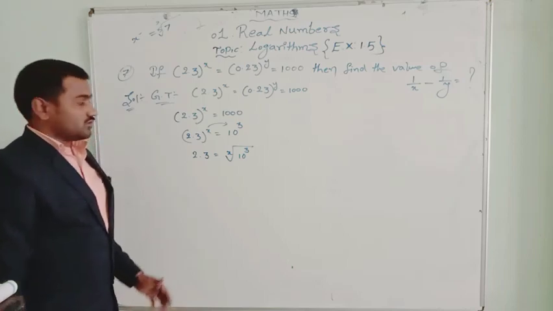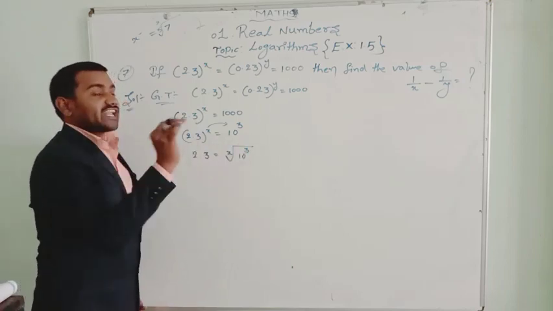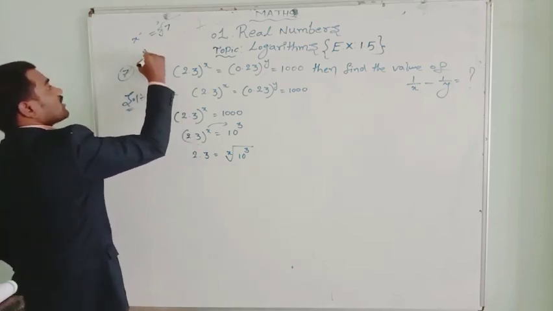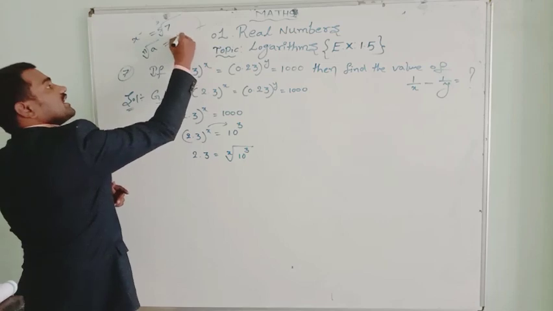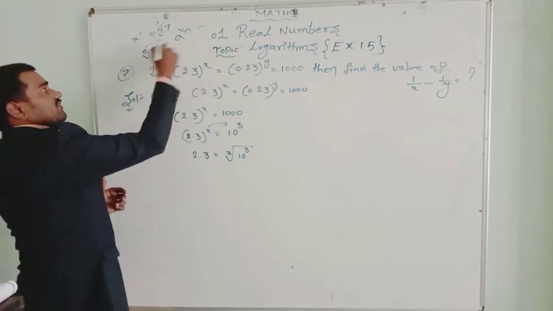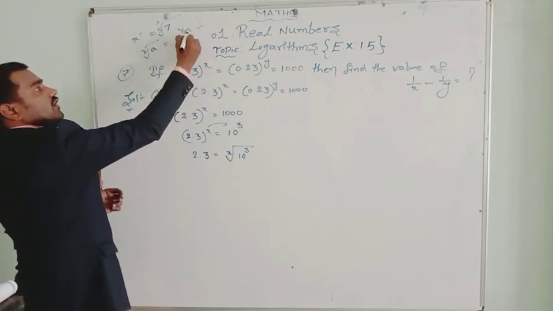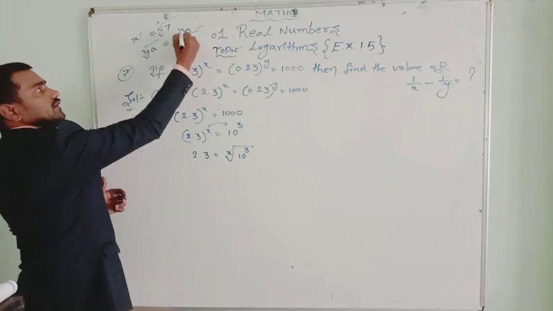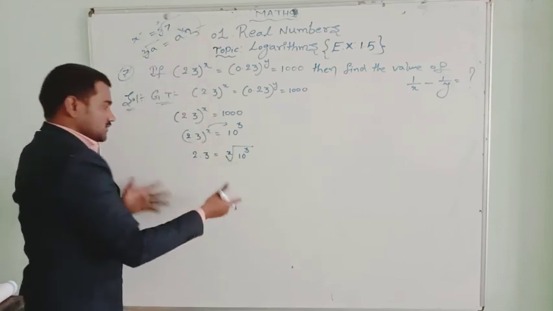x root of 10 to the power of 3. You are very familiar with this actually. Now it is in the radical form. Just now I explained what the radical form is: nth root of a. Then write the exponential form: a to the power of 1 by n. This n will come in the exponent as 1 by n. The square root is a to the power of 1 by 2, the cube root is a to the power of 1 by 3, and the x root is a to the power of 1 by x.